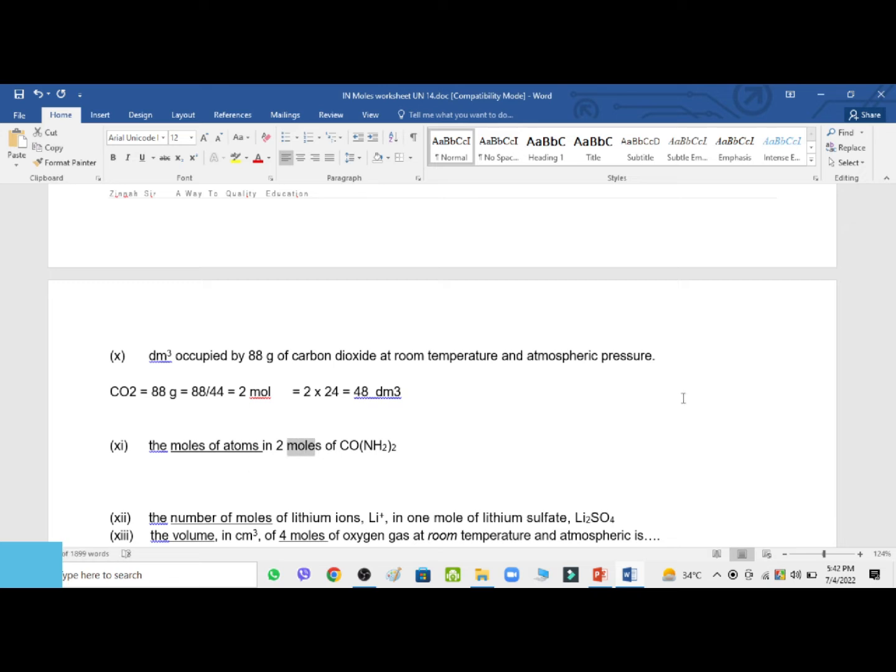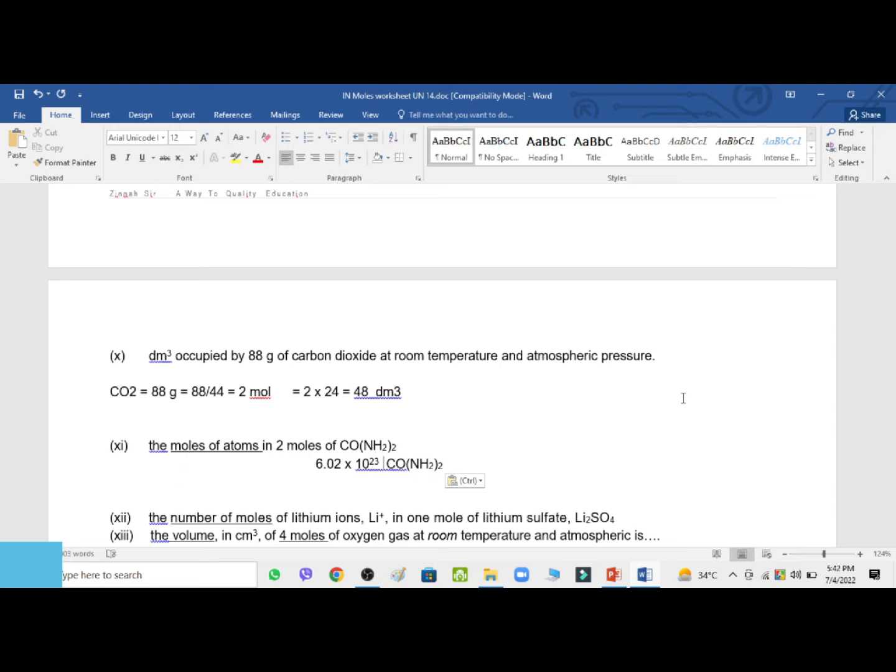Here's 2 mole. But if you estimate the number of molecules there, how many molecules? In Avogadro number, 6.02 into 10 to the power 23, right? This is the number of molecules. So here you write